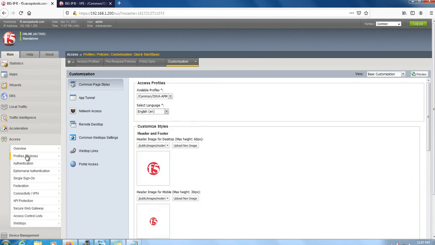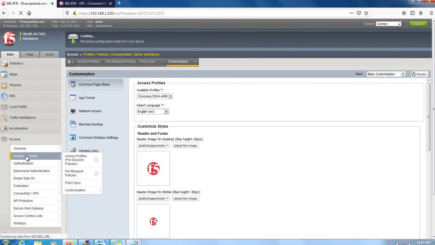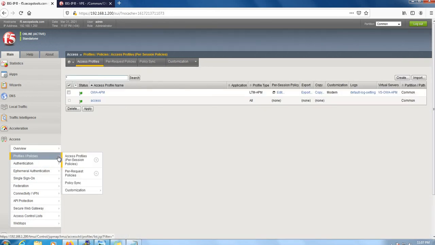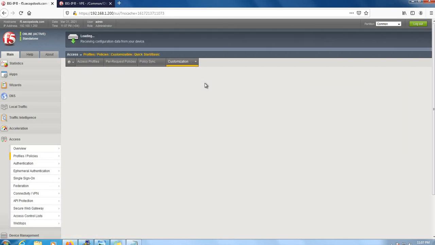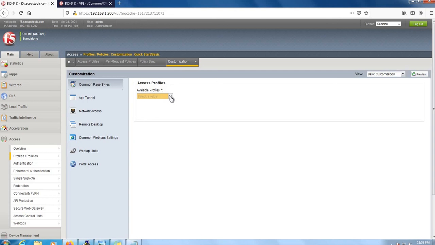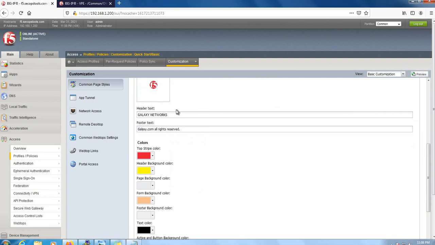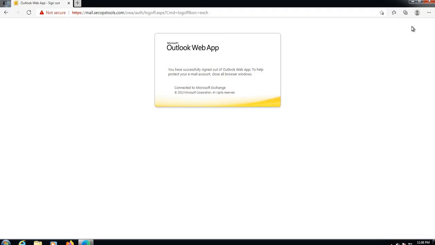Let me check it. What is the name of the APM only? Let me customize that. Because I had one more APM earlier, I guess it's showing that. Let's see what is coming on our login page.